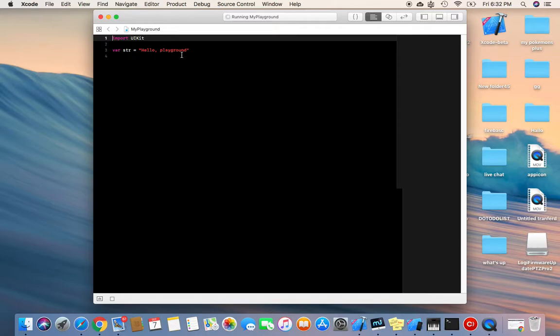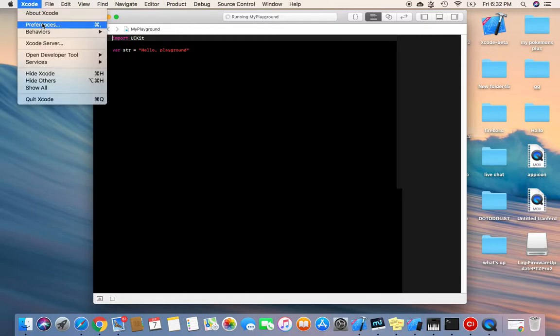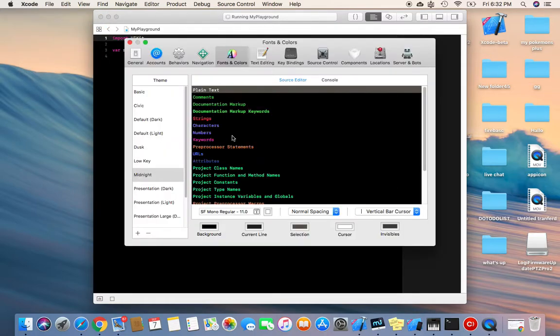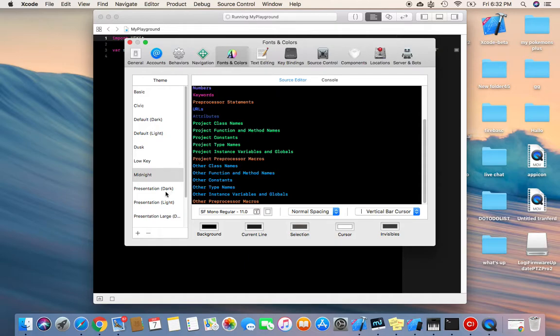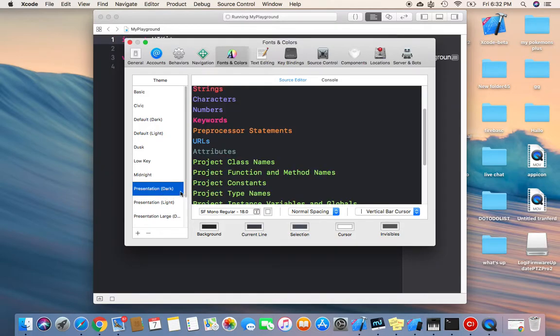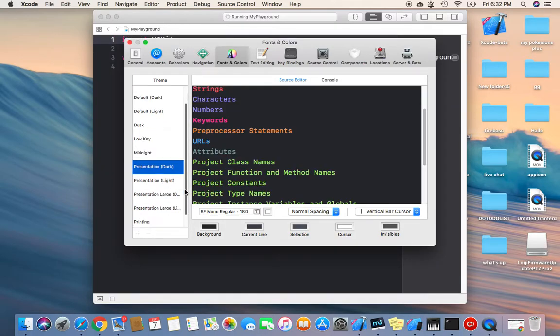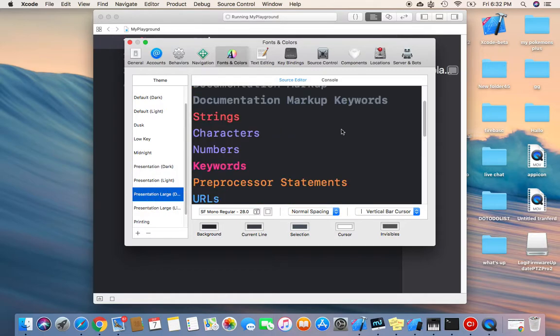So let us try to see how we can change the font size of our playground. You go to Xcode preference. This is how you can change everything, the color, background and whatsoever. So let's take dark color and let's make the font size a little bit big. As you can see, this is where you change the font size of your